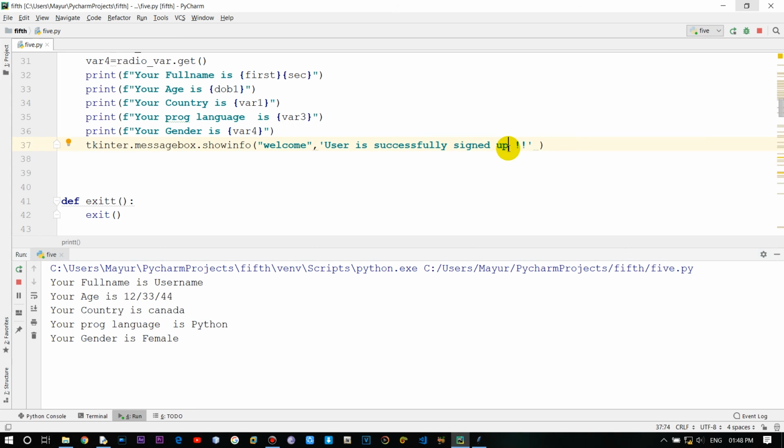So in this video we have learned about the message box, Tkinter message box, showing an output into it, and how you can use radio buttons and checkbox within the